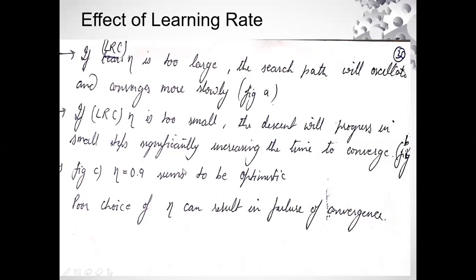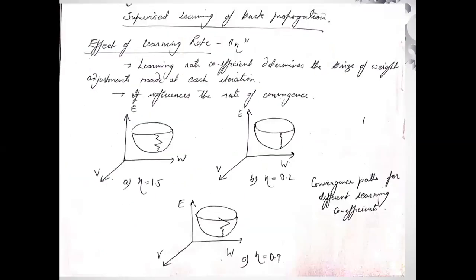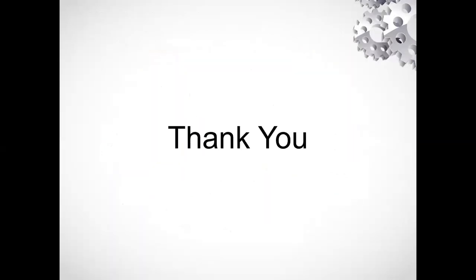And we have to make sure that the choice of eta is taken into consideration as per this particular effect relating to the convergence rate. So if eta value is a poor choice, अगर हमने गलत choice की eta की तो आपका convergence जो है वो fail हो जाएगा. So it is very essential and important to make sure that we take the value of eta as the right value. So that's all for today and thank you very much.